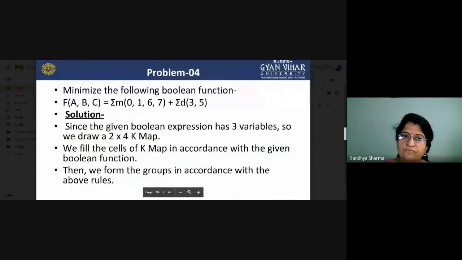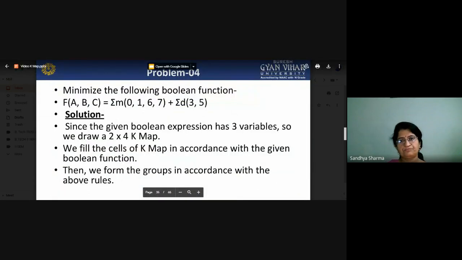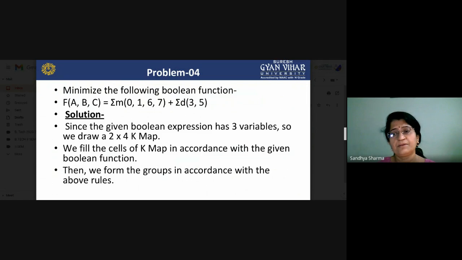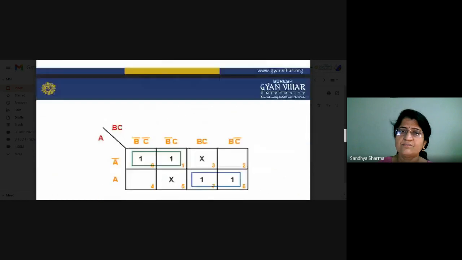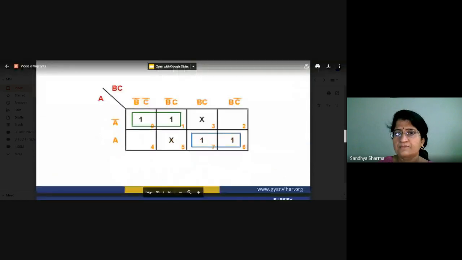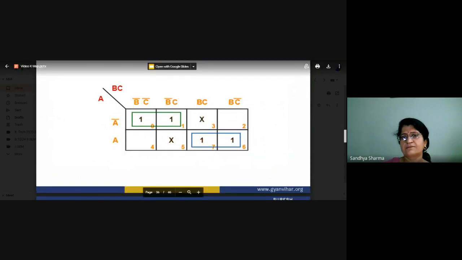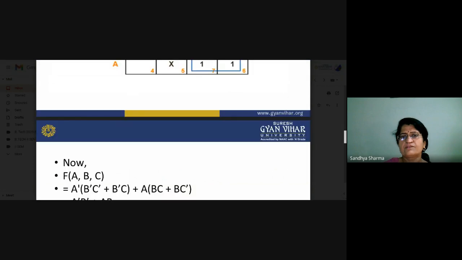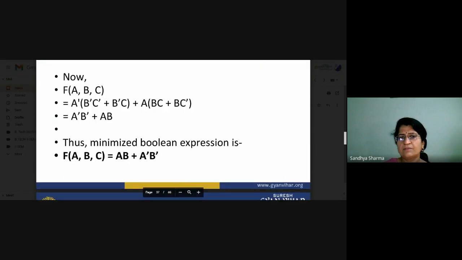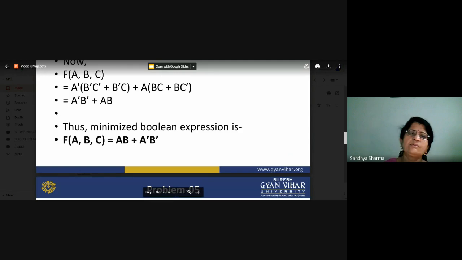Now we will use problem 4. There are 3 variables. It is a little bit easier because in the previous numerical we had 4. Here we are using just 3 variables, and again there is a don't care condition. So make a diagram, with don't care conditions in 2 places. Now what will happen? You can make this and you can make this. So you can only make an equation using this one, and you can minimize your equation.